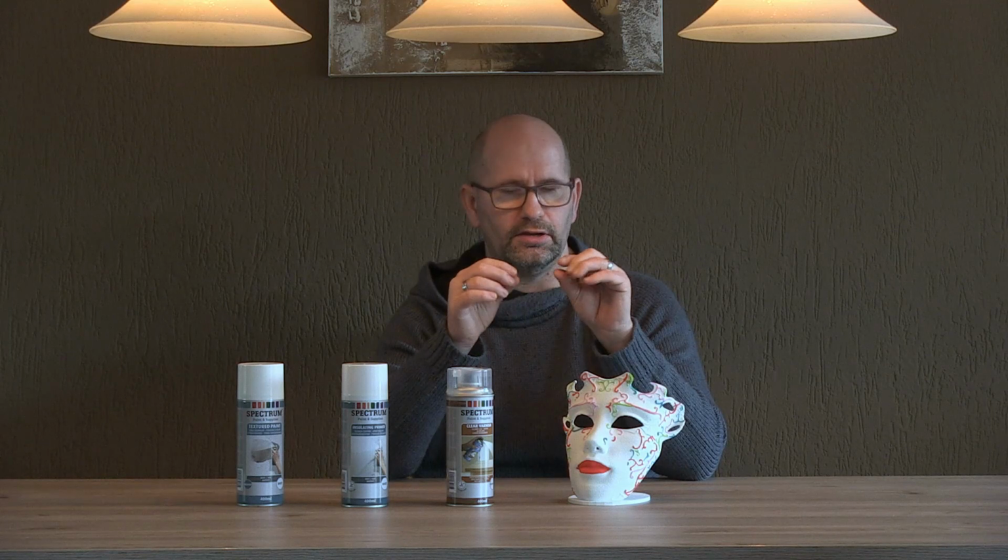Then I added the colors on top of it with acrylic paint and just a brush. When I was doing it and I made a mistake, I could easily wash this mistake away. So I painted this complete mask, this real nice Venetian mask, and after I had done so, I again applied clear varnish on top of it. So with that clear varnish I can now clean the model when it gets dirty from dust or that kind of thing. So this is how I turned a not so good looking print, just because of a damaged printer,